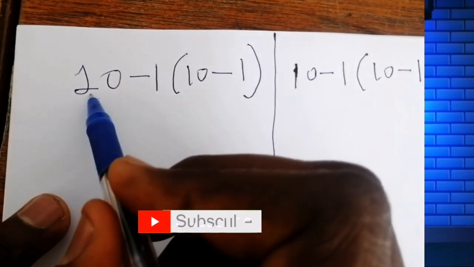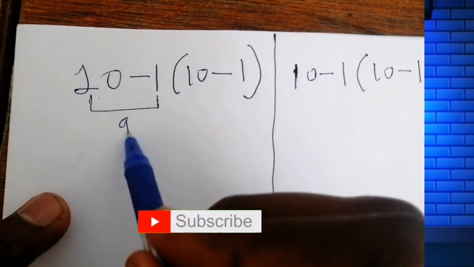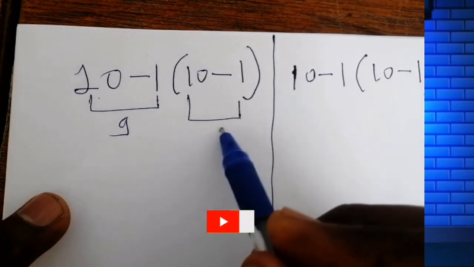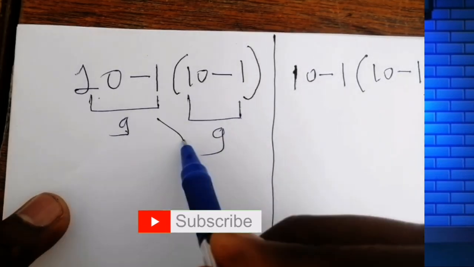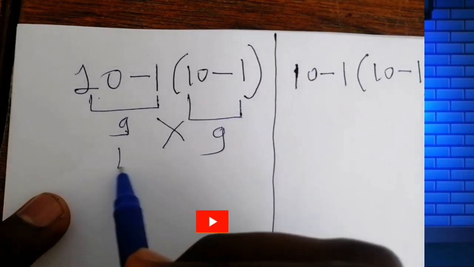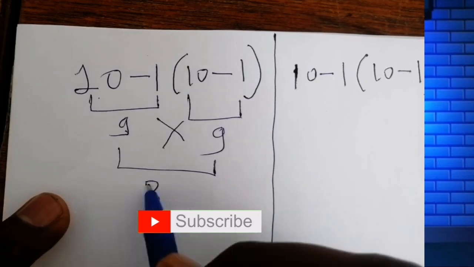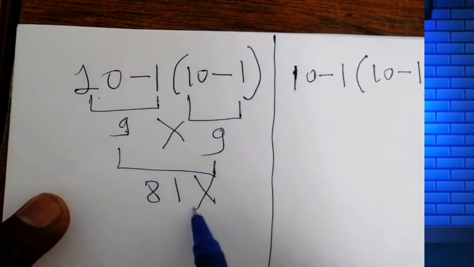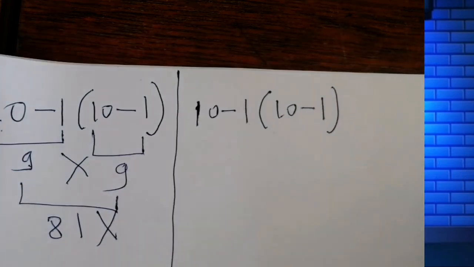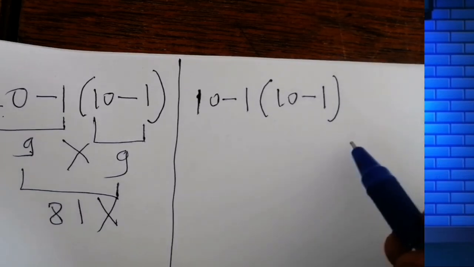10 minus 1, which is 9, and 10 minus 1, which is 9. Then 9 times 9, which equals 81. Okay, but this is not the correct answer, because according to the order of operations,